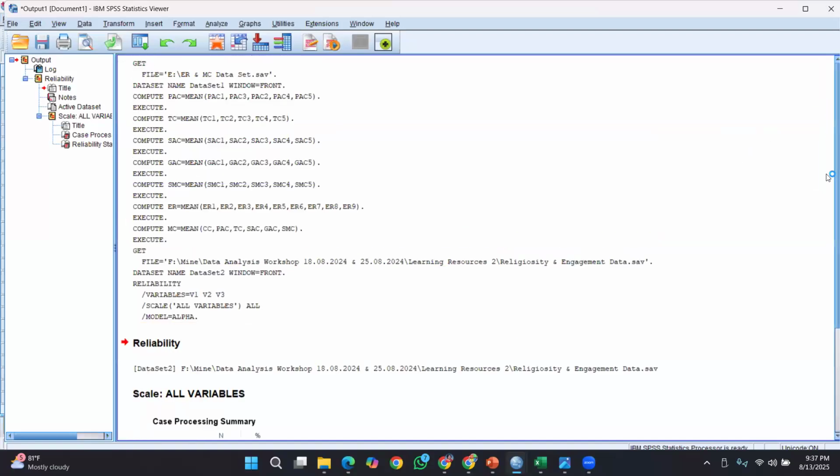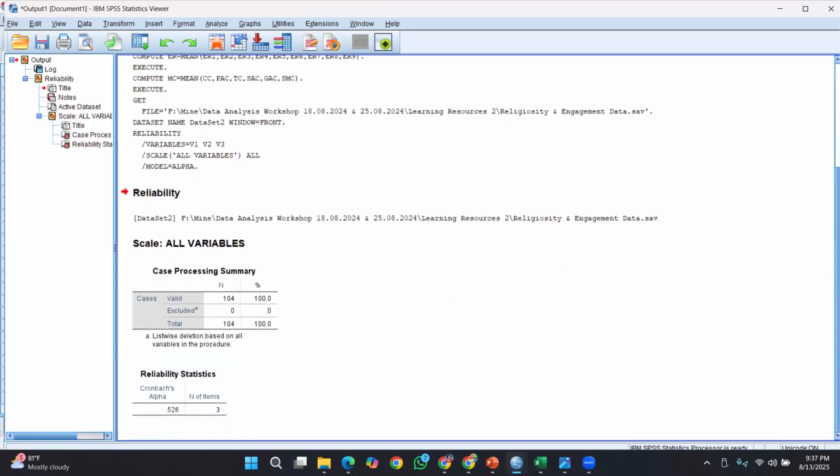Then the results are being displayed in this table. You can see the Cronbach alpha value is 0.5, where there are only 3 items. For social scientists, we can accept up to 0.6, but this seems to have a problem because it's less than 0.6.